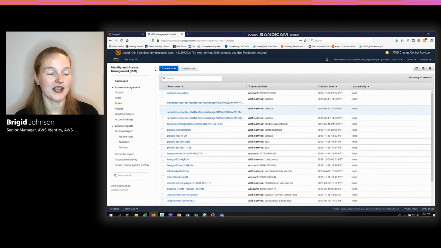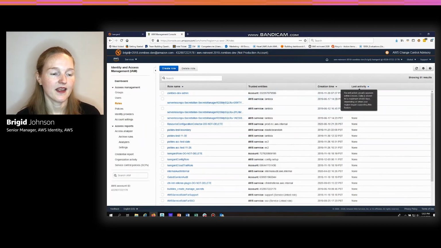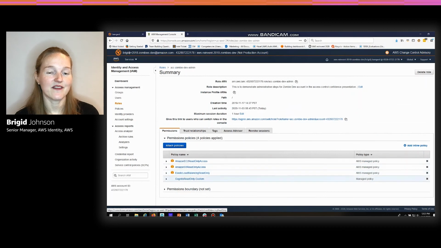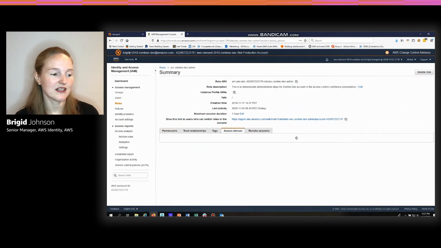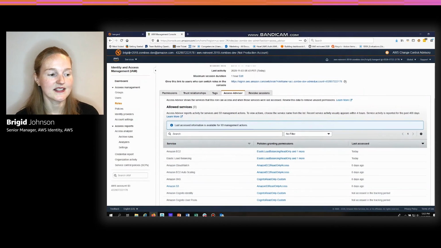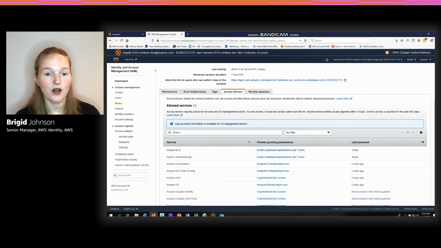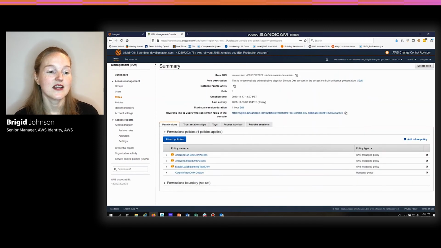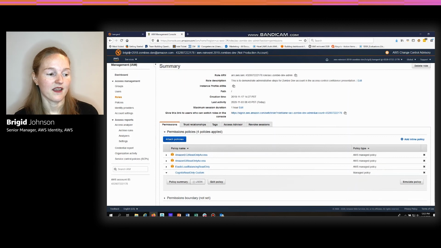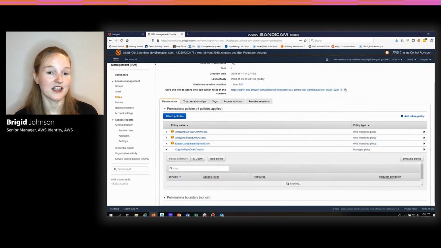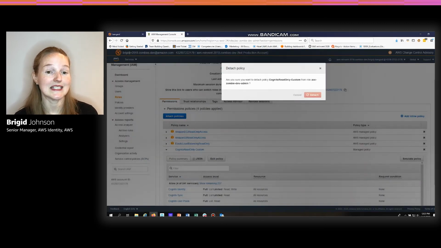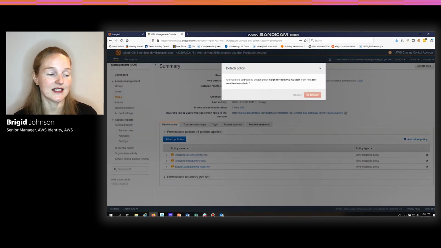Moving on to a role that is more in use, and that would be the dev admin role. You can see that I have EC2, S3, Elastic Load Balancing, and a Cognito access. Access Advisor will tell you all of those services that have permission, and for S3, the actions as well, and when they were last used. Okay, I saw the Cognito was not used, and I'm validating that those services match, and I'm going to detach because they were not used in the last 90 days.